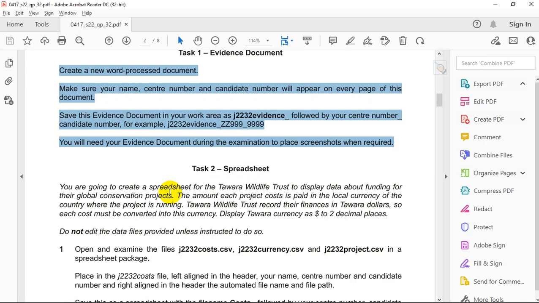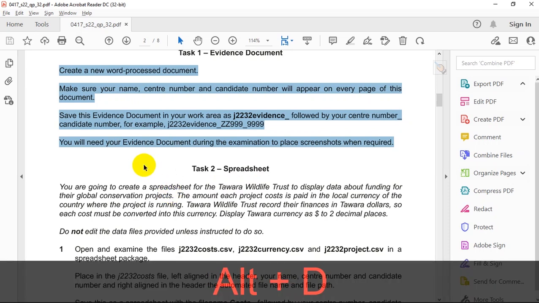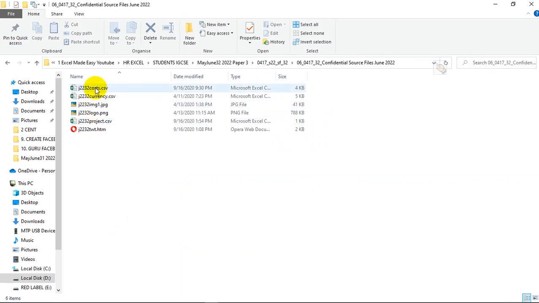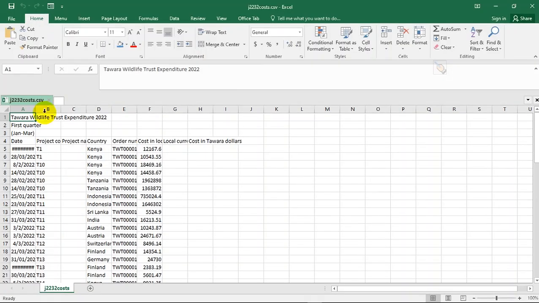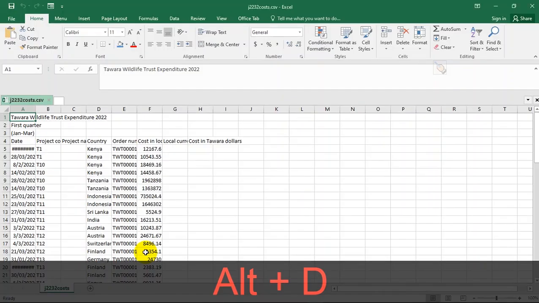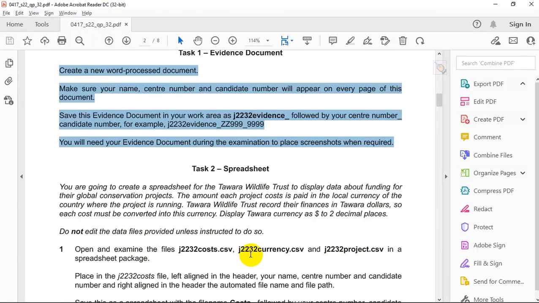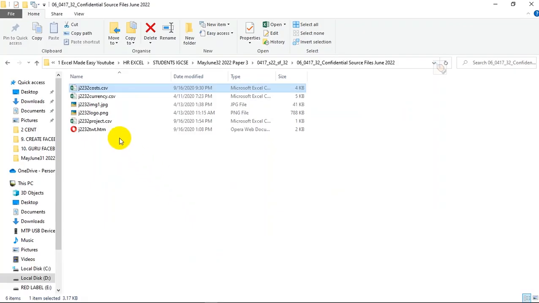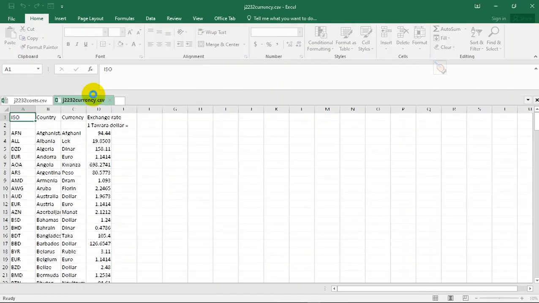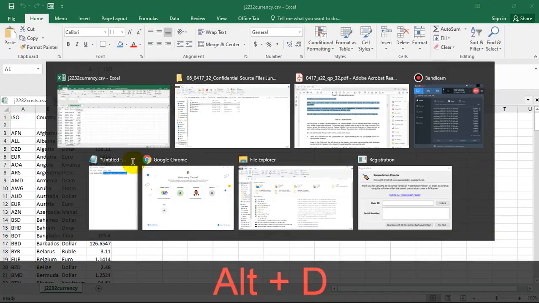So open and examine the file j2232 cost.csv. So now I'm going to switch to my source file, and I have this. So I'm going to open it up as the case may be. So this is the file. Which other file did I access to open? So I have j2232 currency.csv. So I'm going to open this up now. Then the next one is